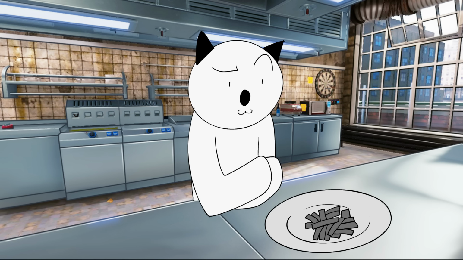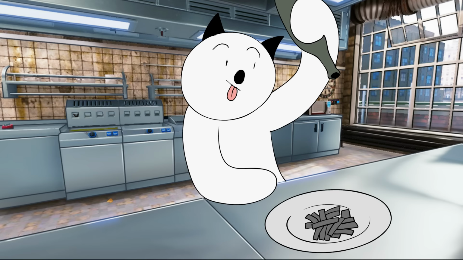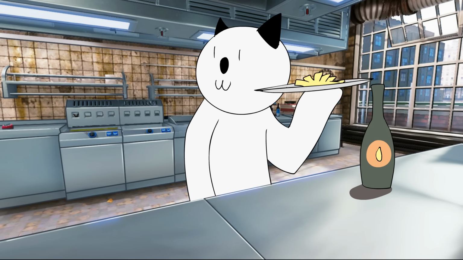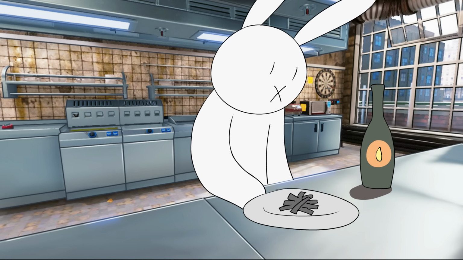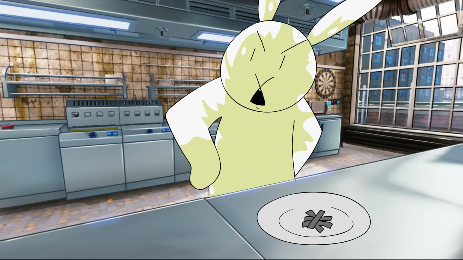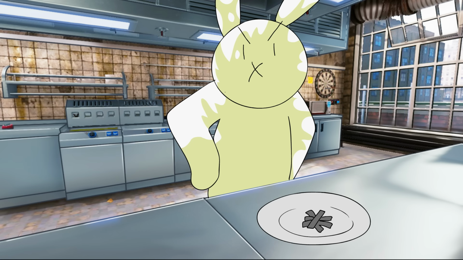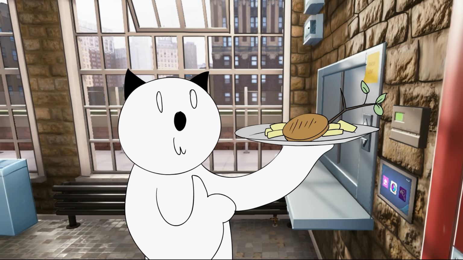French fries don't look yellow enough. Luckily, lemon juice works as a dye. Let's add the steak and we are ready to go. Why don't I get cartoon superpowers? 'Cause you're boring. Now it's ready to be served. But first...